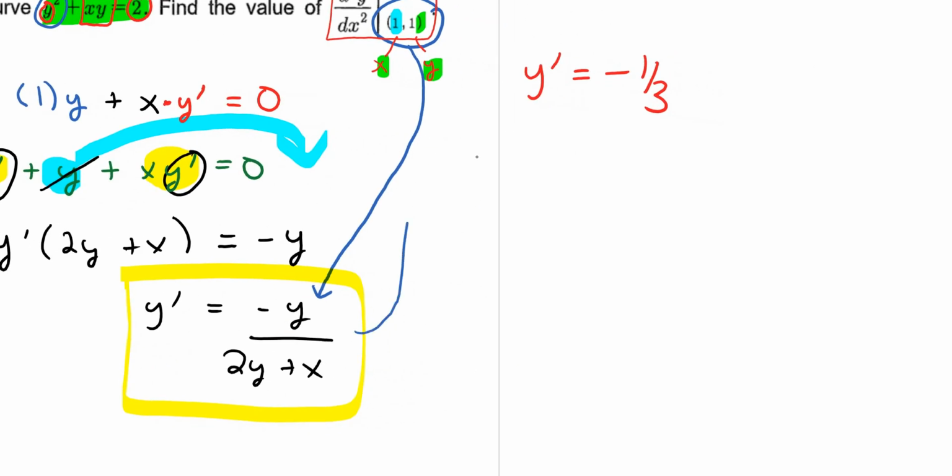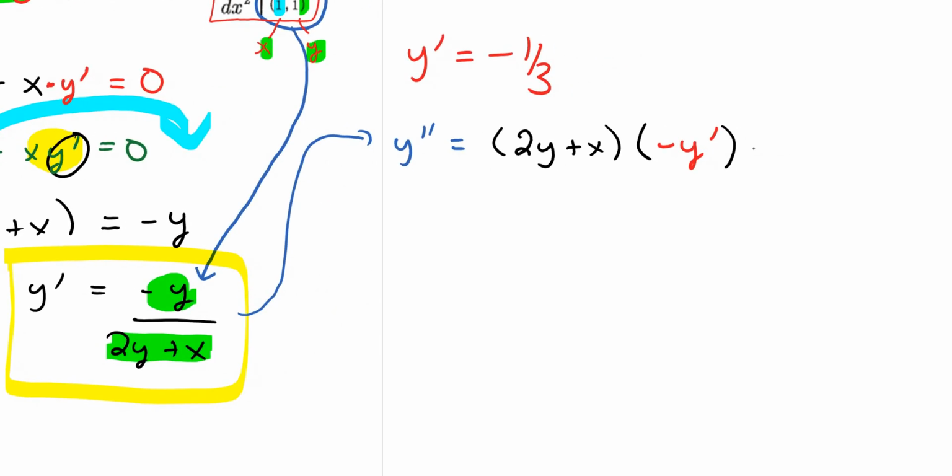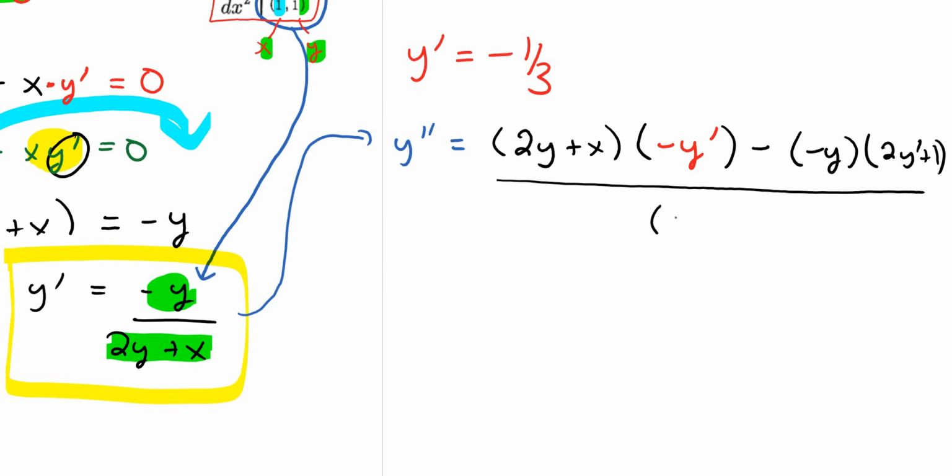So if I go ahead and just move the problem forward now, for y double prime, I need to use the quotient rule now. And the quotient rule states that you take the denominator here, which is 2y plus x, times the derivative of the numerator. Now, the derivative of the numerator here, negative y, is just going to be negative y prime. And then I'll close the bracket. And then using the quotient rule, I need a minus sign, and then I would times it by the numerator, and then I would times it by the derivative of the denominator, which is 2y prime plus 1, all over the bottom